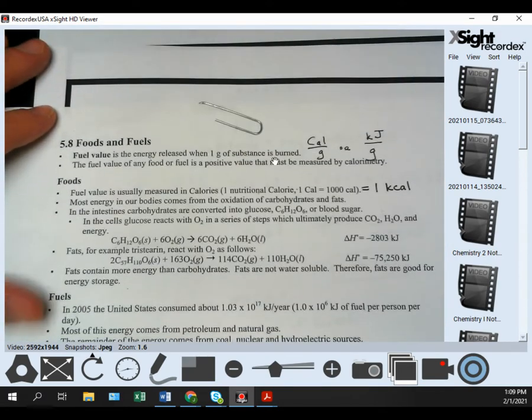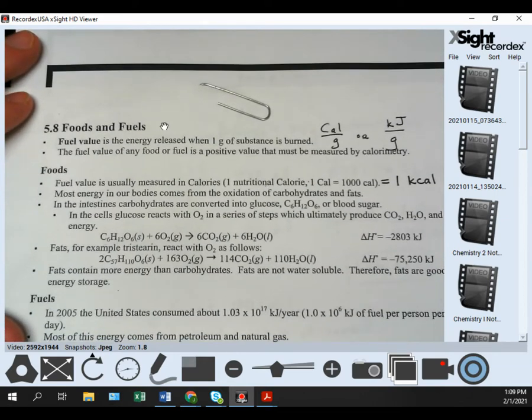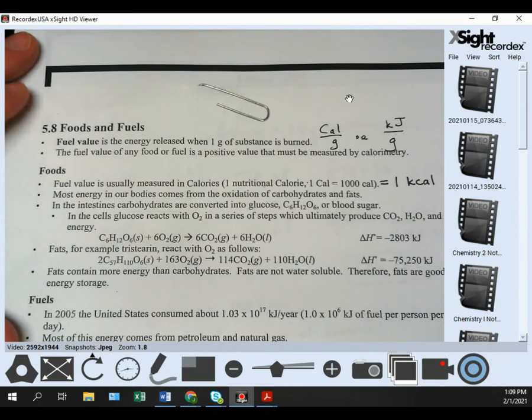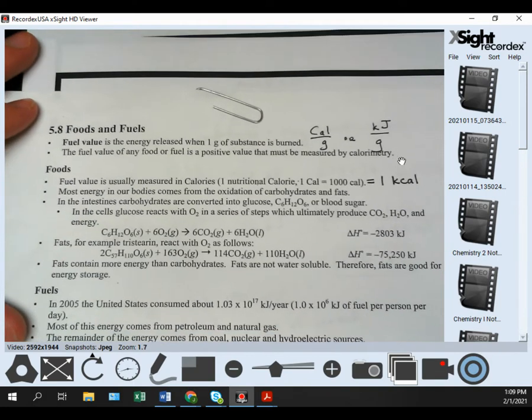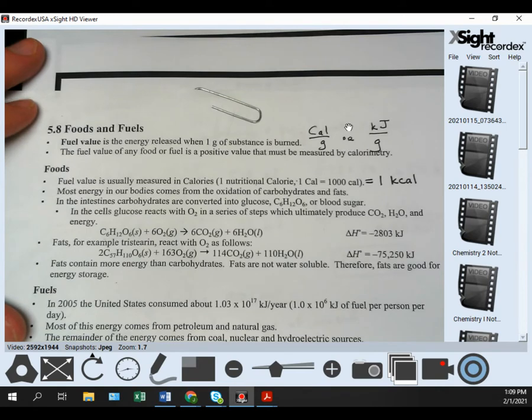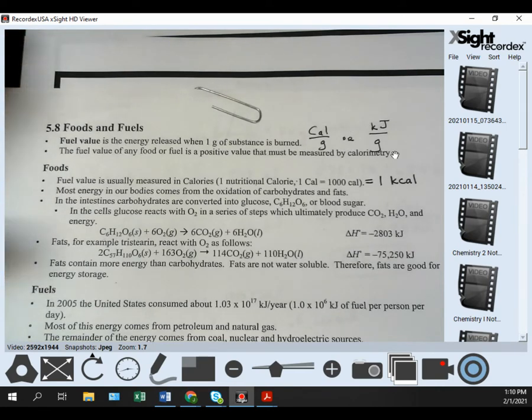So they start us off with the definition of food value, the energy released when 1 gram of a substance is burned. So typically your labels are usually either calories per gram or kilojoules per gram. Now, one thing to remember,